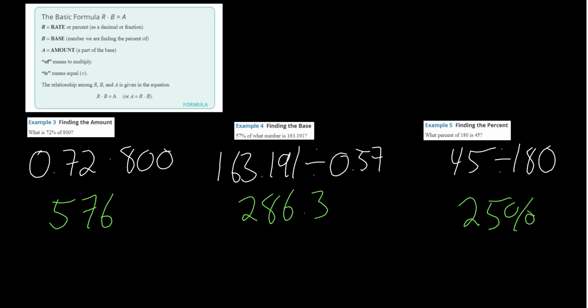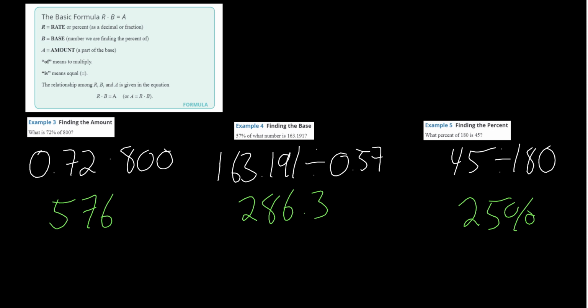Example 3 and example 4, I kind of get mixed up. Okay, I get mixed up. What do I divide by? What do I multiply by? Okay. Well, if I'm wanting to find what is 72% of 800? Okay. Well, 72% of 800. If I accidentally, not accidentally, but like